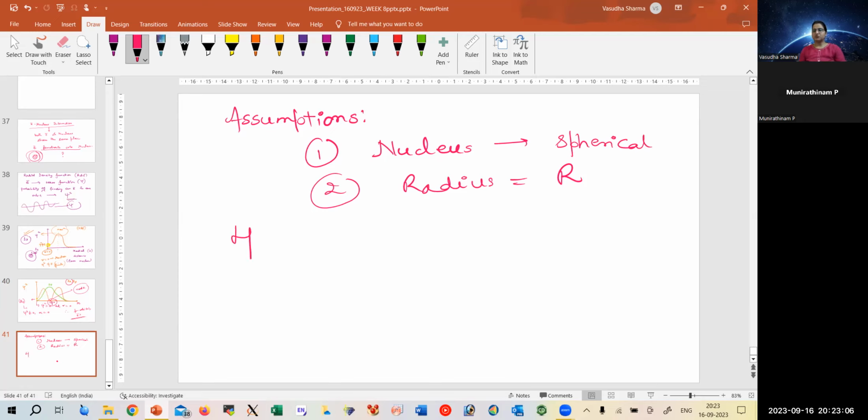Now the energy of the Coulomb interactions would have a Hamiltonian. It is given as 2 by 5 pi Ze square psi square r square. Don't worry about this much. So Ze